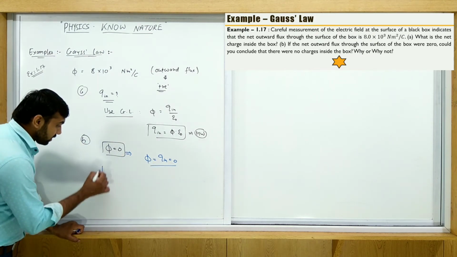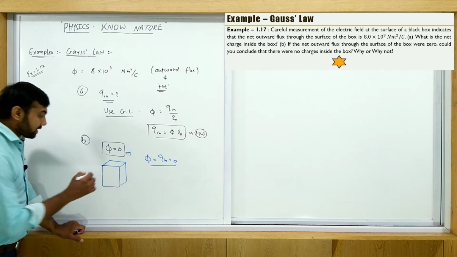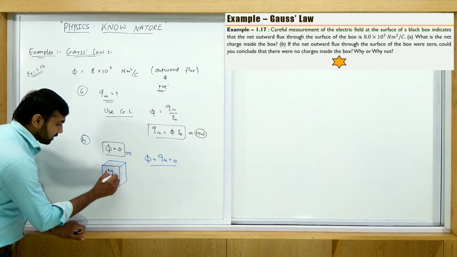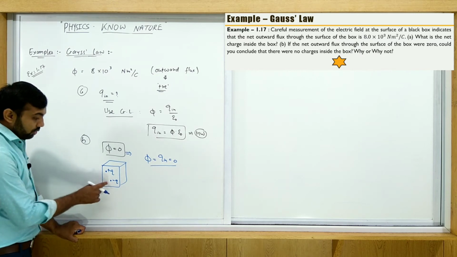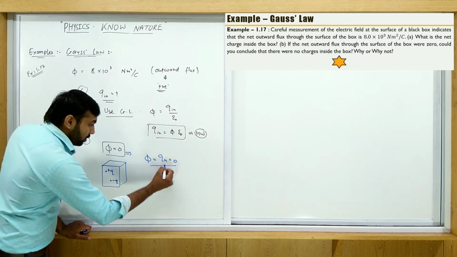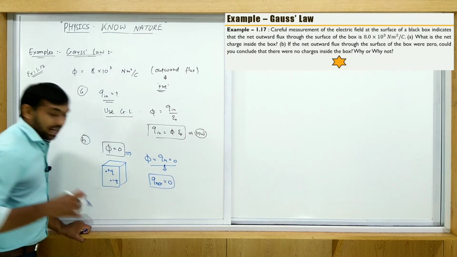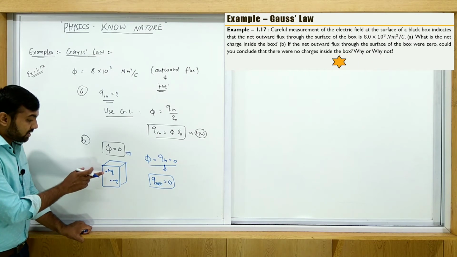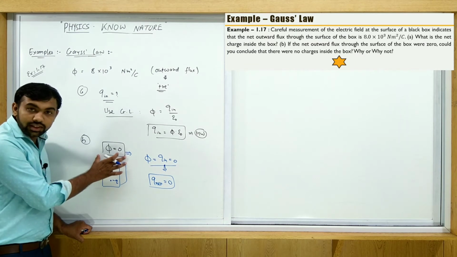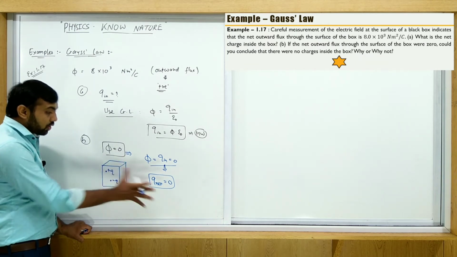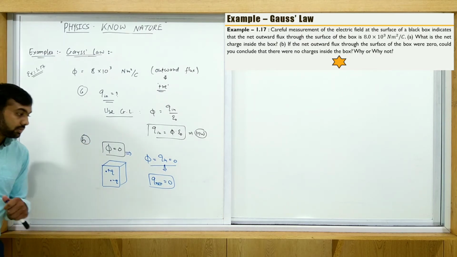It means if you consider this is the box, then the net charge inside this box is 0. Suppose the charges present are plus Q and minus Q. So what is Q net? Plus Q and minus Q is 0. So here we conclude that Q net is equal to 0. Charges may be present, but they are present in such a way that the net charge becomes 0. So the net flux linked with the full surface of the cube is 0. All of you note this example, then after that we will go to the next one. Note it.